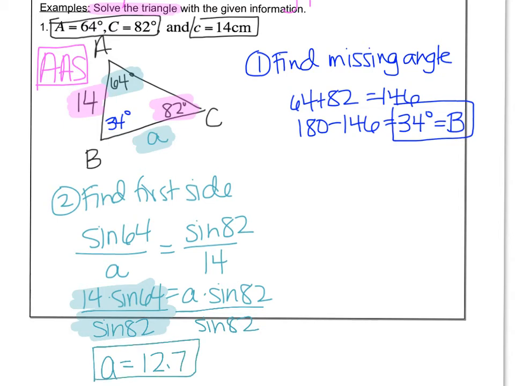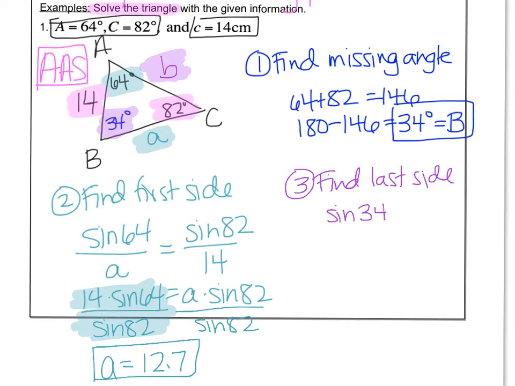And we're not done yet. We still have one more part we need to find. We have to find that last missing side, which is across from big B, so it's going to be little b. So to find the last side, I'm going to start again by pairing those two together. The 34 and the b pair together because they're across from each other. So we're going to start with the angle first. Sine of 34, sine has to be followed by the angle, over the side b